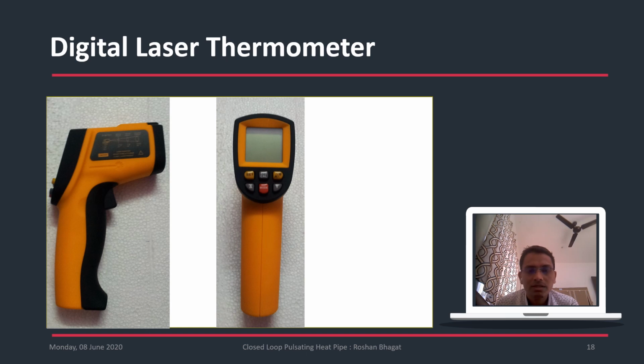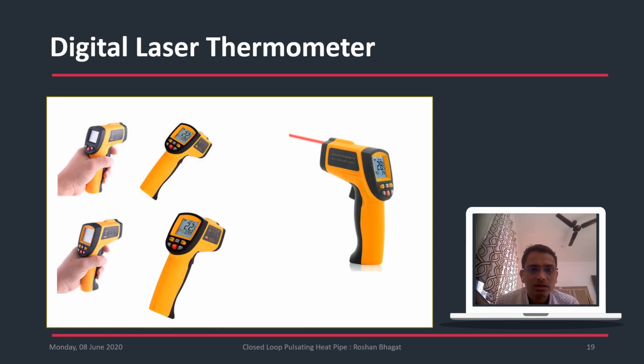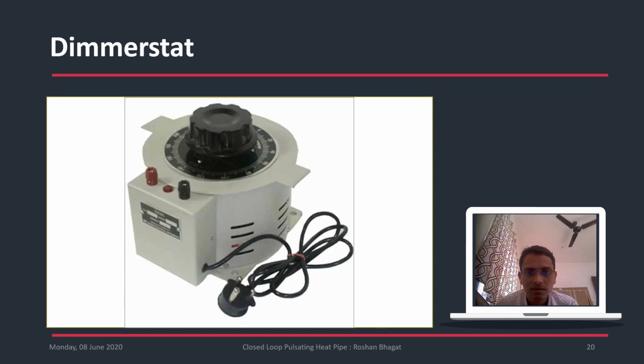Also, the temperatures are comparatively high, so you don't need to touch accidentally; those touches are prevented by the digital laser thermometer. It is a laser point which strikes onto the surface and measures the temperature at the surface. So this is how the digital laser thermometer works.